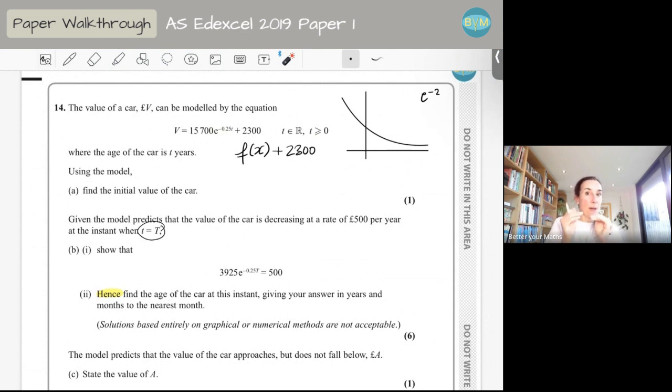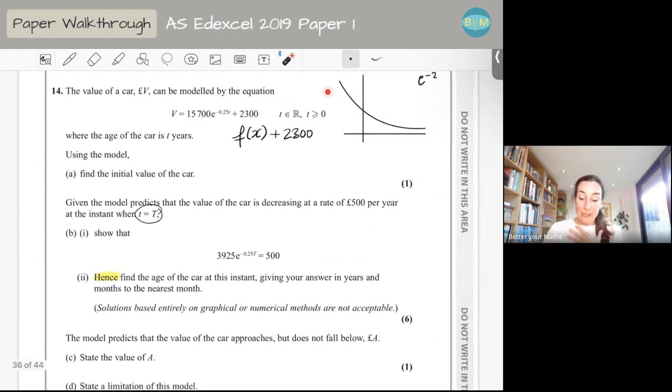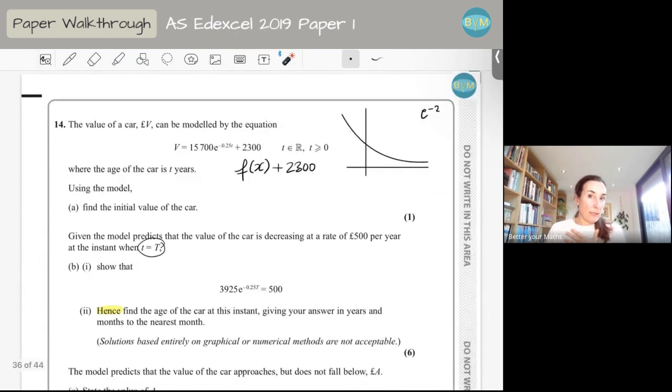If it's moving up, my asymptote at zero is going up to 2,300, which means this line is never going to go below 2,300. So that's the minimum value that the car can have. It will become closer and closer when the years pass, but that's going to be my minimum value. You can see with the graph, which I think is clear, or you can think of